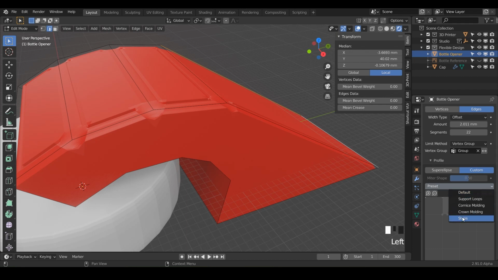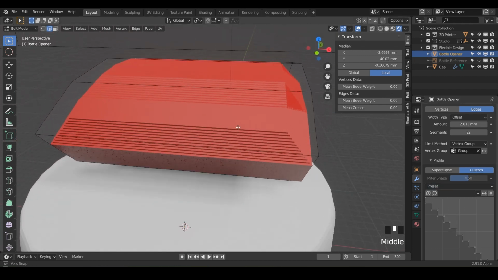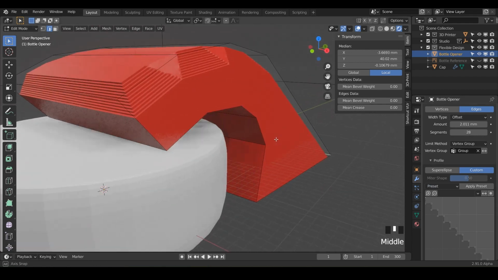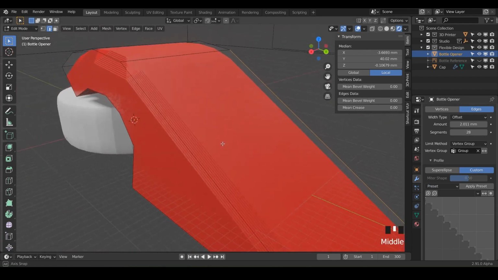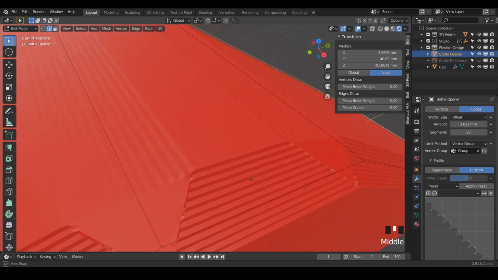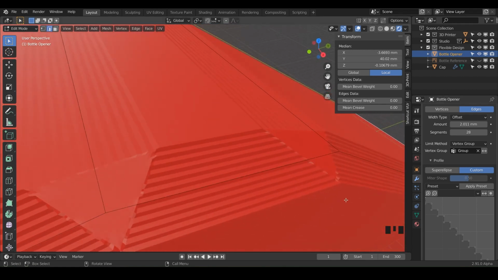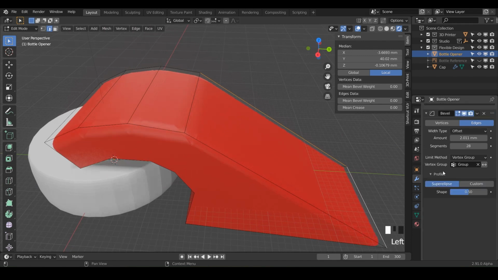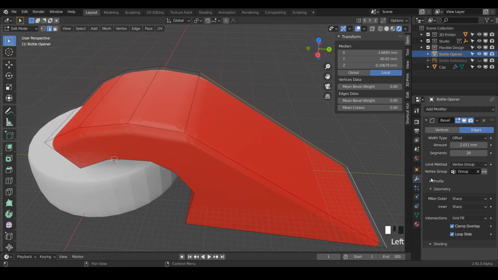Or hey, you could even do steps. And this one I like a lot. It's very cool. You do have to crank it up to get some nice little details. But if you had like a resin printer, that would look very cool. So feel free to play around with those and add custom bevels to any of your edges. And so I'm just going to go back to normal, and let's go to the next drop down, which is